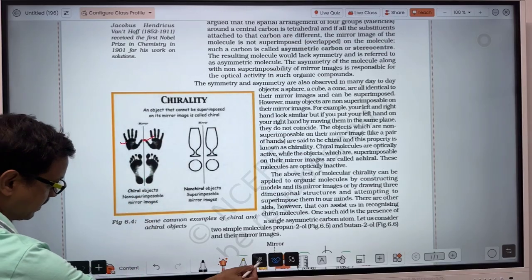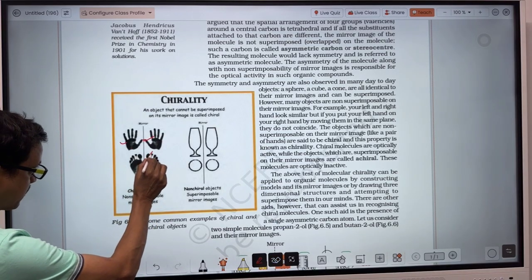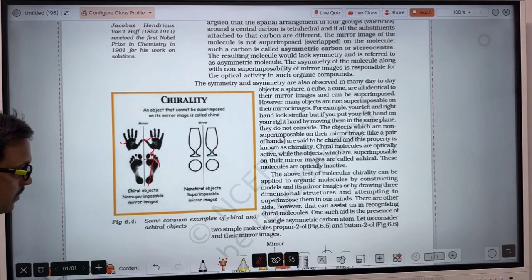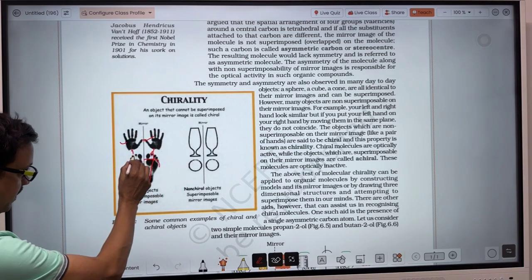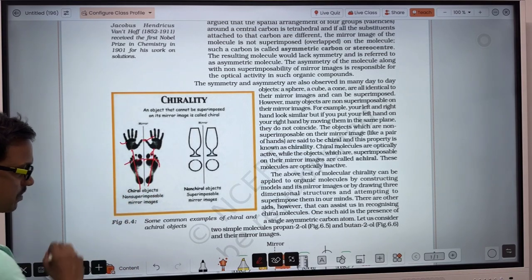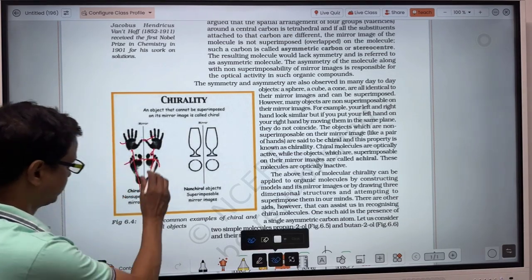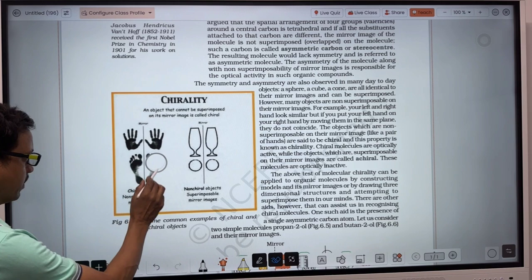There is no symmetry. So how? Because suppose you cut from anywhere, this portion and this portion are not the same. So there is no symmetry. Same here, cut here, this portion is not the same. So that's why their mirror images are